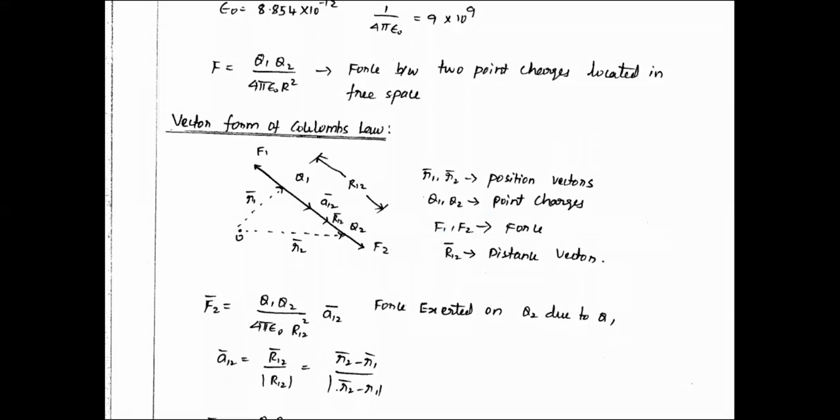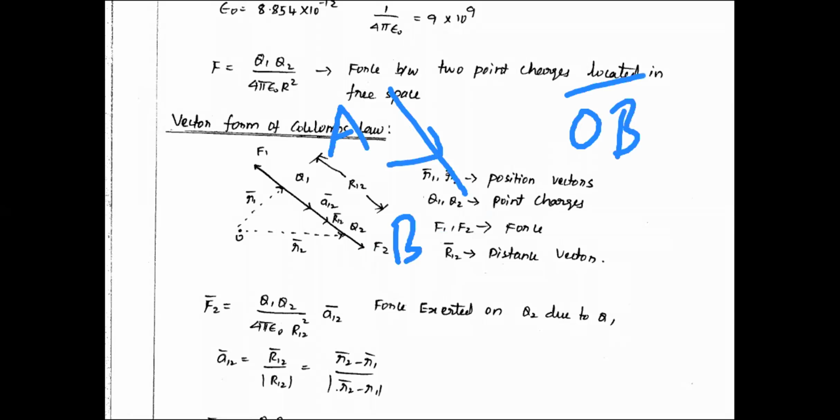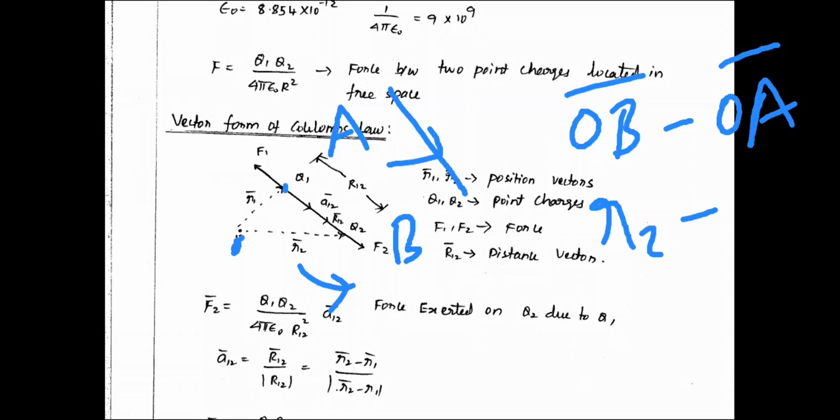So once I know this is my direction, say this is a point A and this is a point B, and my vector is going in this direction, then how to calculate my vector? First find out the positional vector of B and then minus the positional vector of A. How to calculate the positional vector? Anyway, this is the origin. The positional vector has to be calculated simply from the origin. That positional vector we are calling R2, for point 2. For this one, the positional vector is R1.